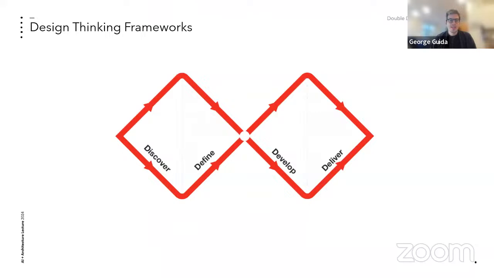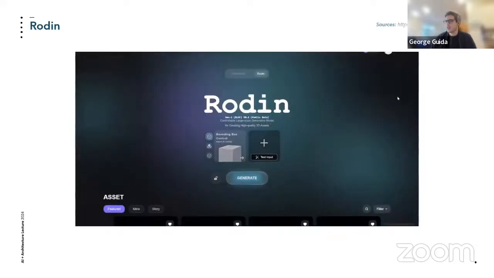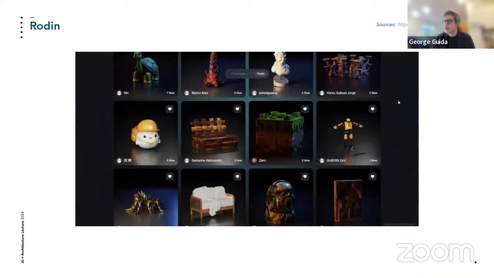And so this really relates to something I teach at Harvard, and I also have been teaching the kids to start using these tools as a process of design thinking. These are tools which enable you to solve multiple problems. On the left side, you see the problem space. On the right side, you see the solution space. It's really great to see how these tools are developing. Rodin is another really interesting one.